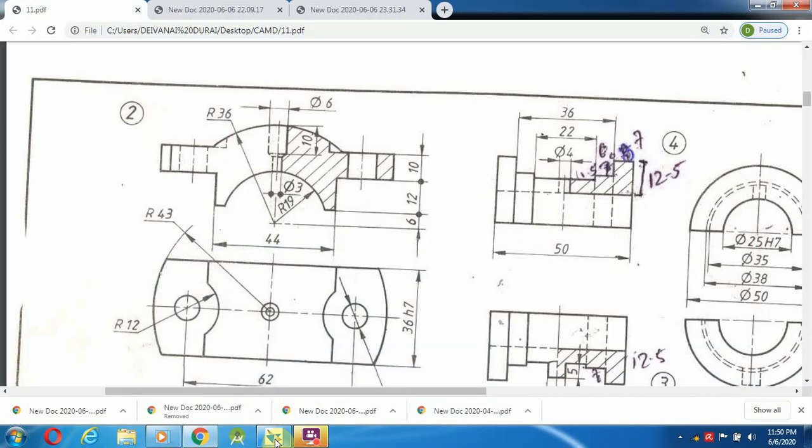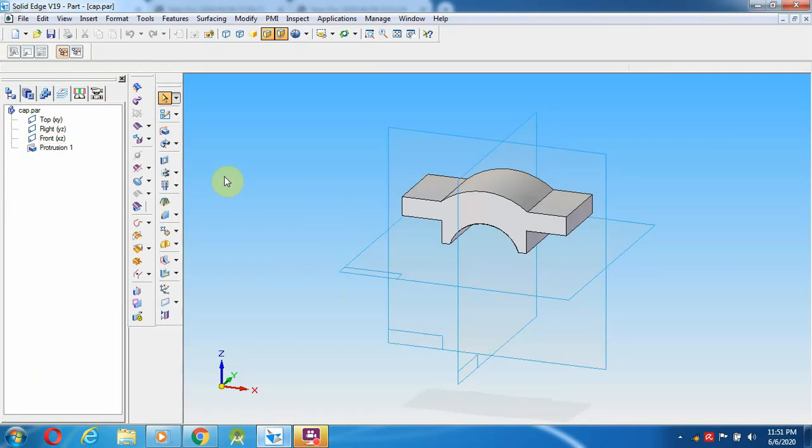No matter how the other things are done, this hole has to be created, and this circle I want to create. After that, the middle hole has to be created. What are the points I have to remember?